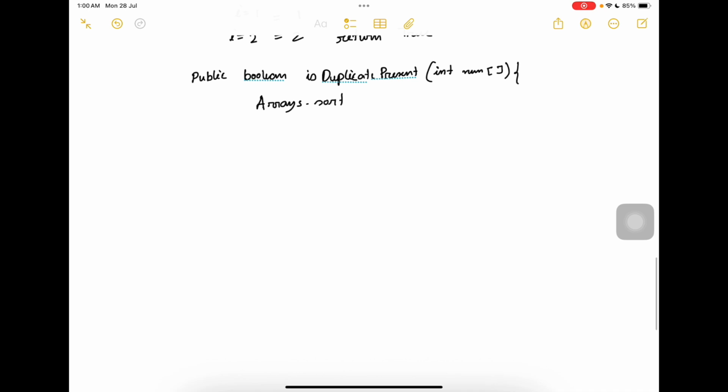So basically I am writing here Java code, and let's say you are preferring some other programming language, so there might be some inbuilt method to sort the array, correct? So here we will pass num, and once we pass this array, it will sort it out. Okay, now we iterate over the array. For i equal to 0 and i less than num.length